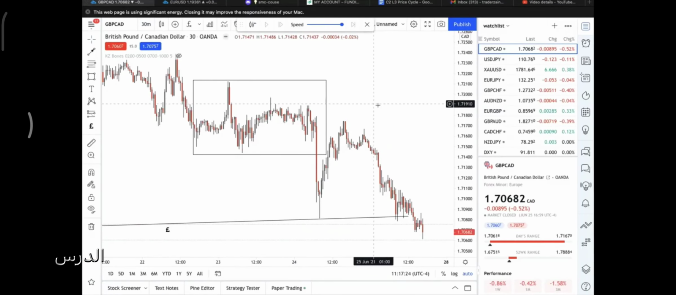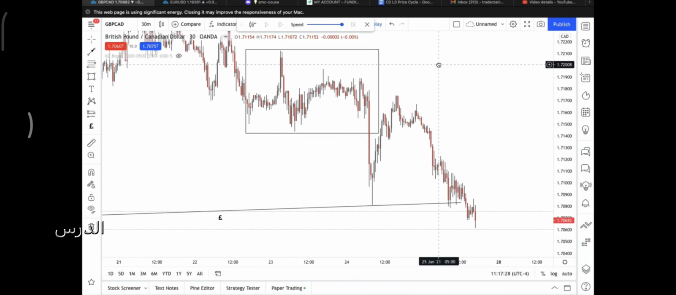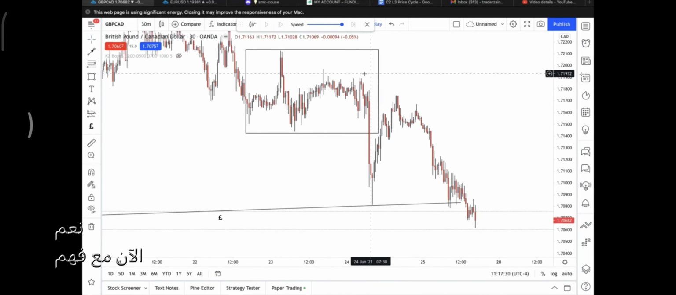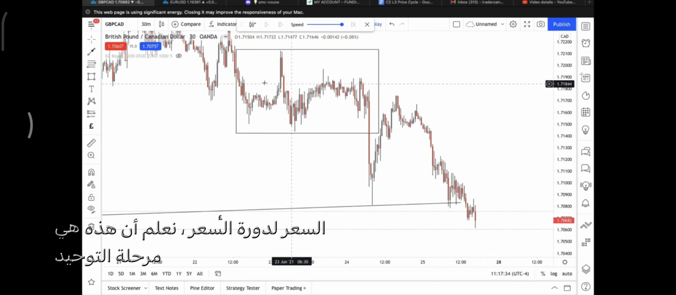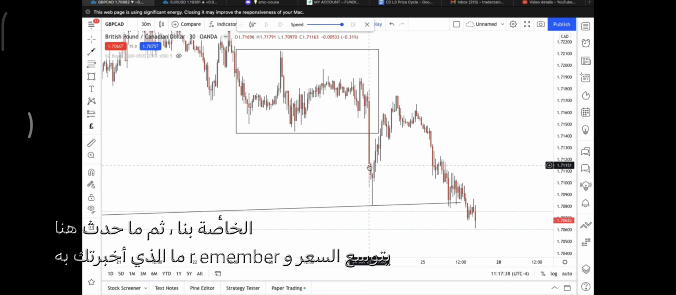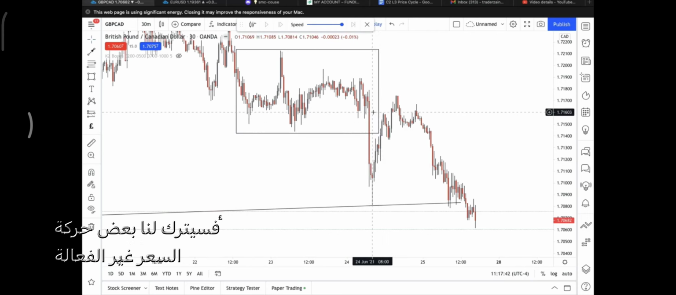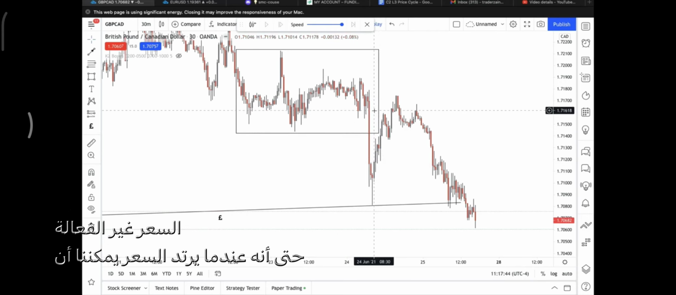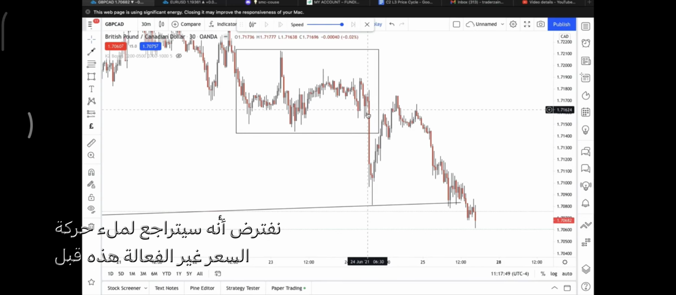Pound CAD. Why did I take this trade? It is very, very straightforward, guys. Now, with the understanding of the price cycle, we know that this is our consolidation phase, right? And then what happened right over here? Price expands. And remember, what did I tell you about expansion? It would leave us some inefficient price action, so that when price retraces, we can assume that it will retrace to fill in this inefficient price action before